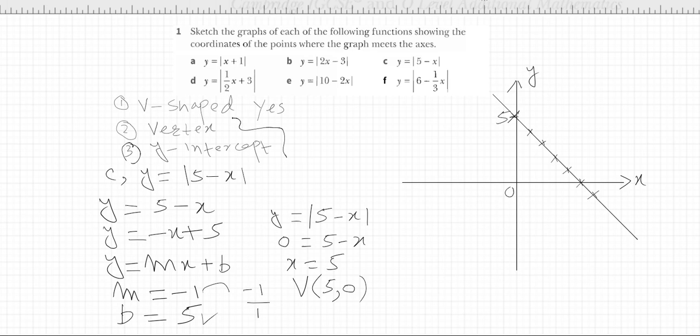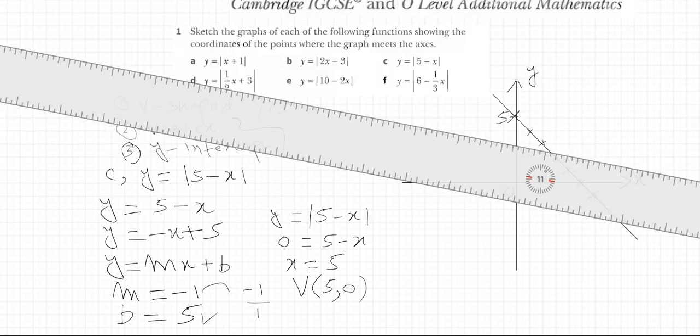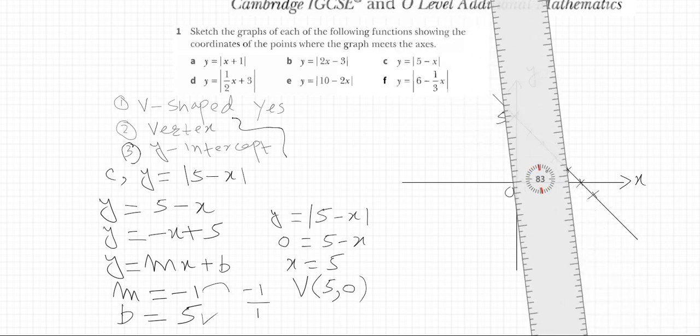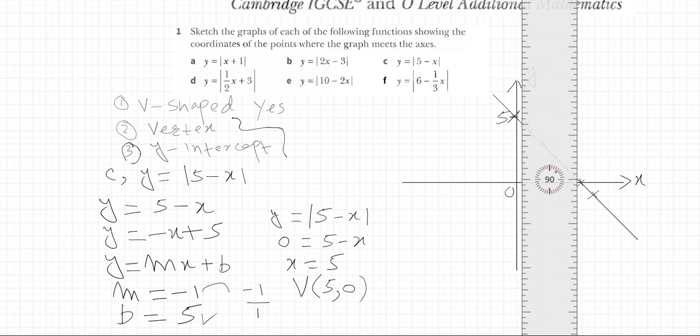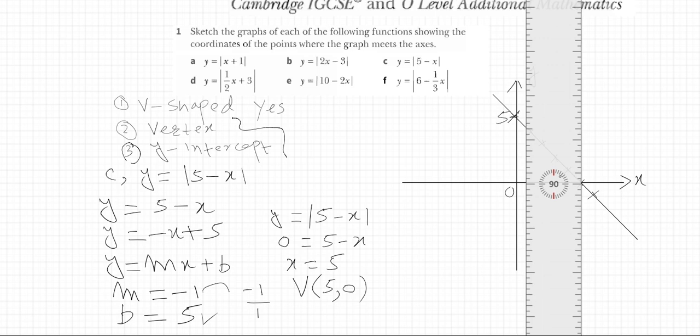So therefore, we draw a mirror line on this point. Again, draw a perpendicular line that passes through our vertex. The line must be dotted. This is our mirror line.